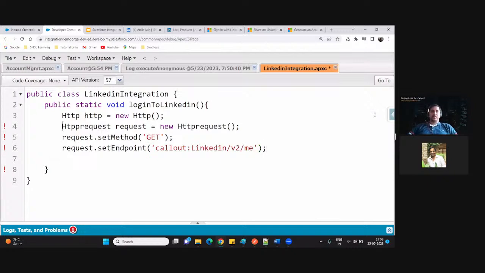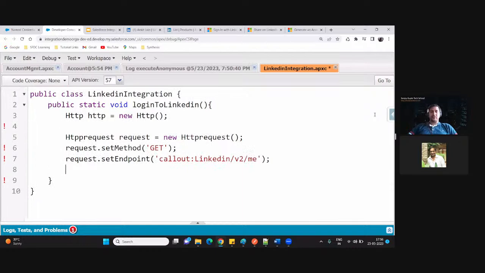So I have created the HTTP instance. I have created the request instance as well. The next thing that I have to do here is I have to go and make the API call. So let me go and do that. To do the call, we have to go and use the send method of the HTTP, and we will handle the response in the HTTP response. With the send, what we have to send here is the request. So that's what I am doing. I am sending the request here.